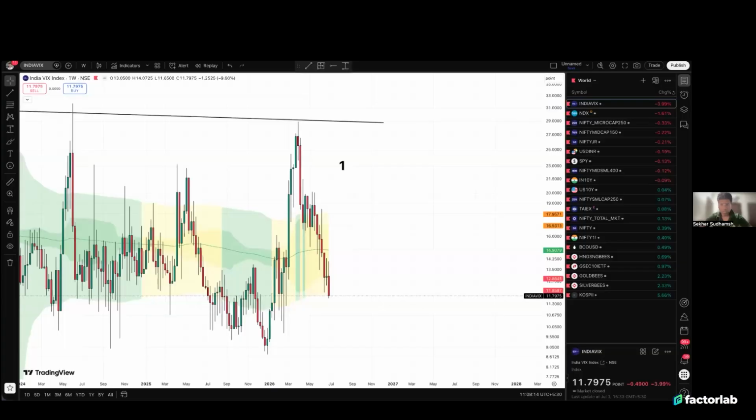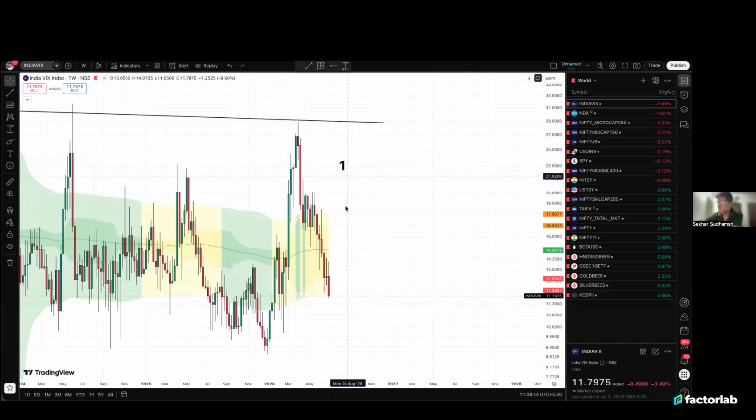Now there is some respite that we have seen in the last couple of weeks, and I wanted to show you that data. Let me share my screen. I'll walk you through a series of charts one by one. The first chart I would want you to look at is the VIX. VIX is the volatility indicator. It basically says what the implied volatility is in the coming months in the Indian market. It is based on the futures and options of the index, and that is the implied volatility of what the puts or calls are writing for the coming 30 days.